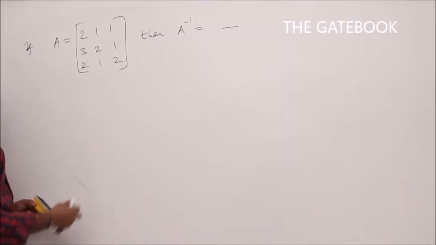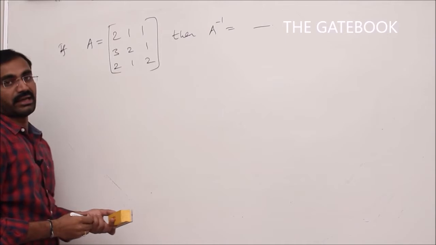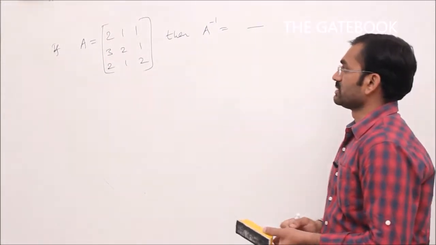Next problem. If A is equal to [[2, 1, 1], [3, 2, 1], [2, 1, 2]], then find A inverse. How to find the inverse of any matrix? See, we have